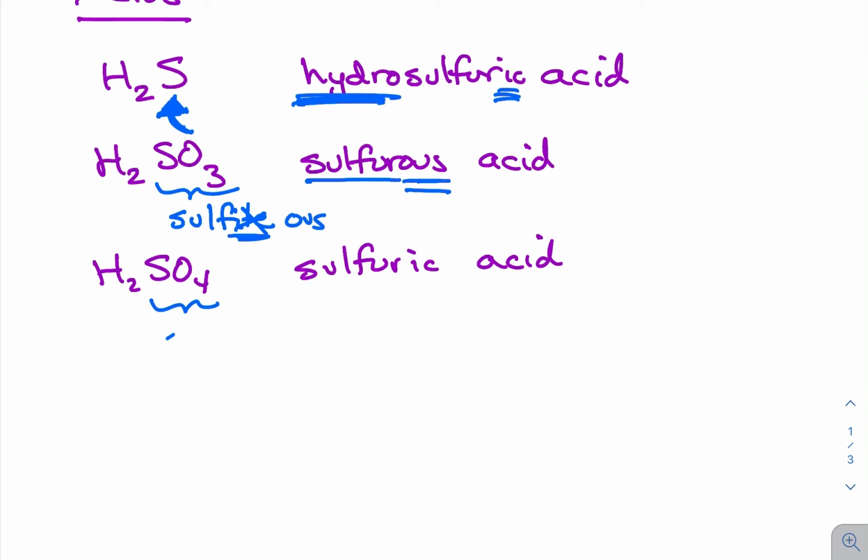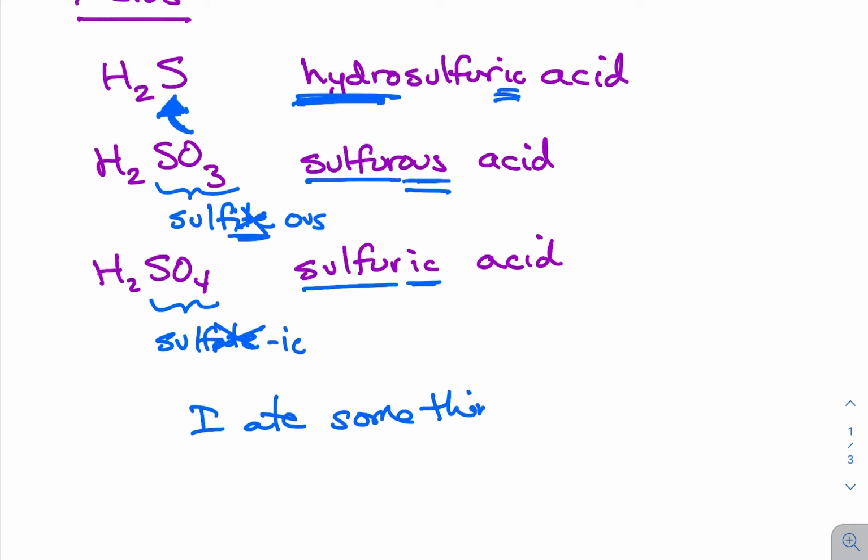This anion here is sulfate. "Ate" suffix gets changed to "ic" instead. And so, again, we have the sulfur for the sulfur part of the anion, and then "ic" replaces that "ate" suffix. The way that I remember this is there's a little mnemonic you can use for this, which is "I ate something icky." Right? So "ate" becomes "ic,"